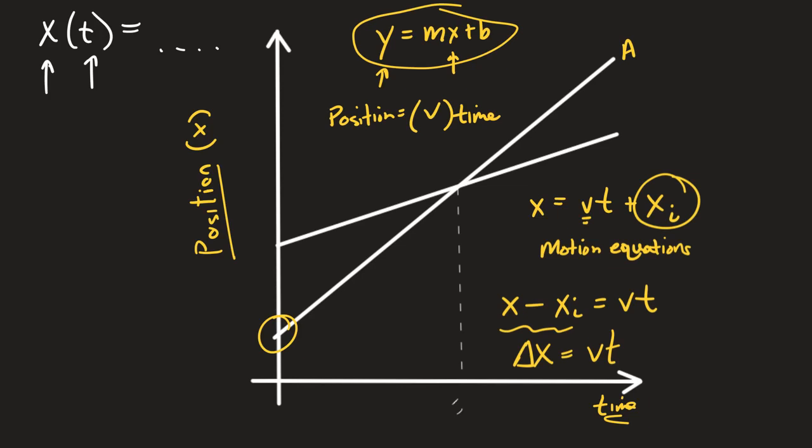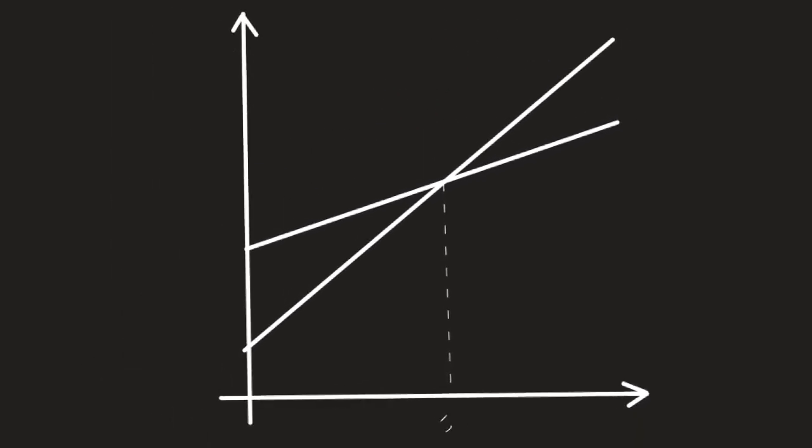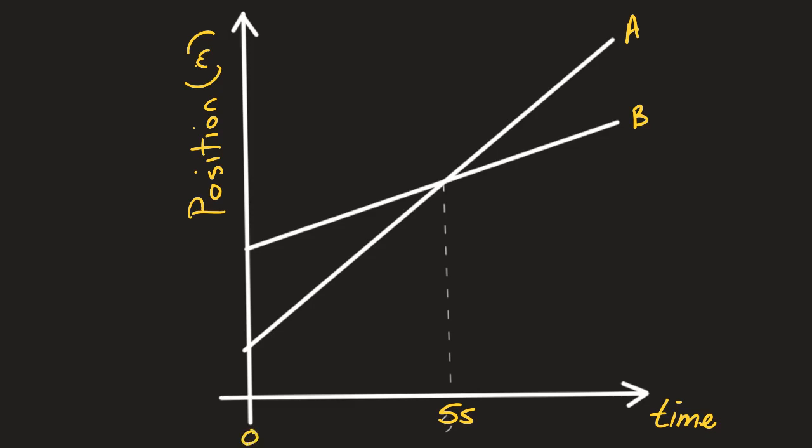So let's turn this. I can increase the level of difficulty now, right? That was not hard. All right, so we're going to increase the level of difficulty. Good. I'm going to bring the same file up because I want you to answer some questions about this. And I really want you guys to talk to each other about this a little bit. I'm going to ask a series of questions about this picture again, but I'm going to put some labels here. First, this is the 5-second mark. This is still time. This is position. Sorry to bore you. And I'm going to put this in meters. This is going to be object A and object B, okay? This is 0 and this is 0.